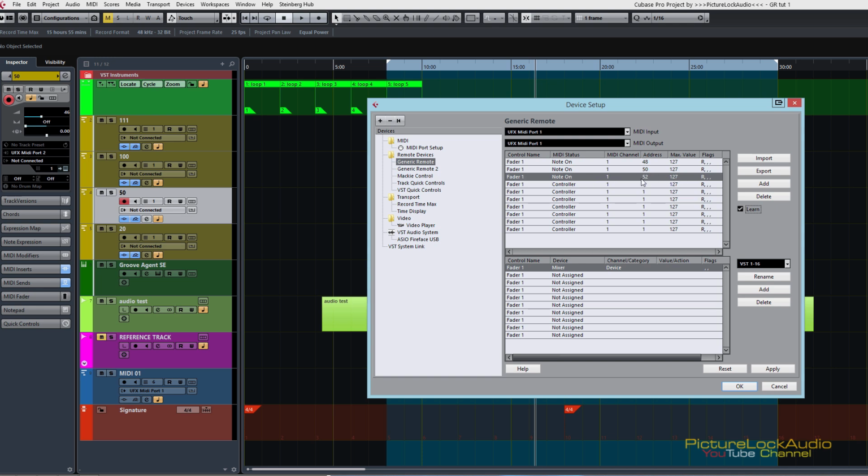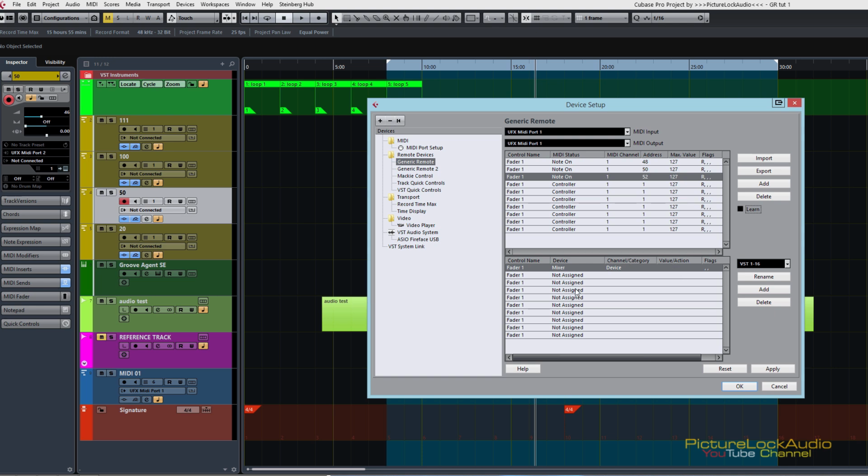So right now I have already assigned these 3 keys on my keyboard, C, D, and E, to do something. Right now I don't know what those buttons will do, or what will happen by pressing this button. I just told Cubase, listen to these 3 notes, I will do something with them. Okay, they will be triggering something, and what they will do we have to set up in this bottom